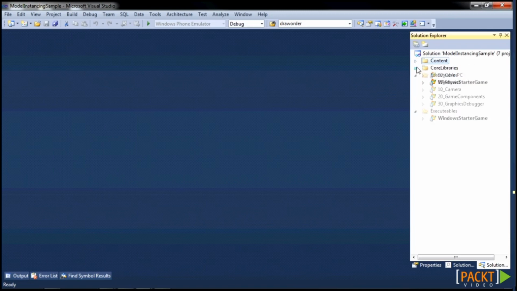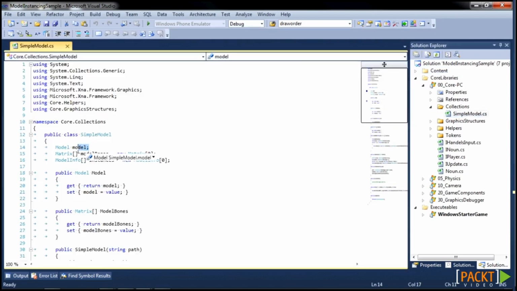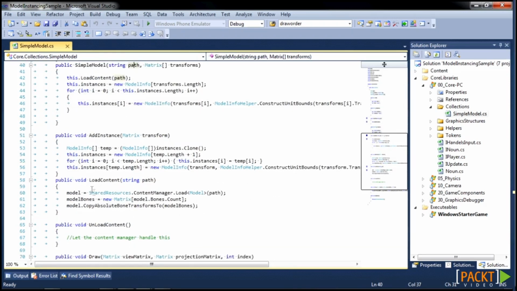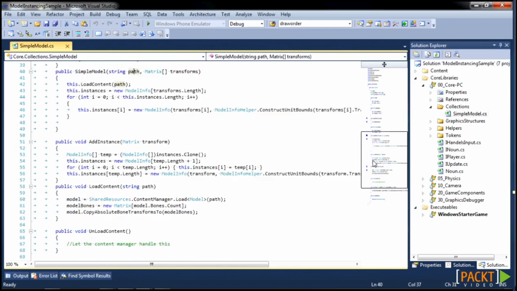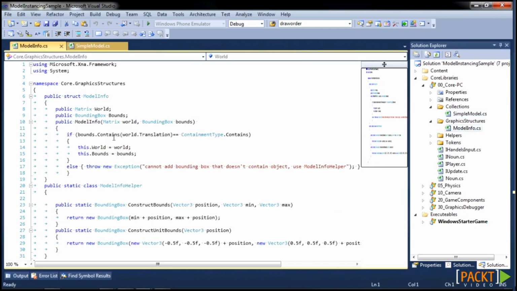Okay, so I've gone in and added a collection of simple models, and what this has is it has our model, our bones. It's got this array of instances. Note this isn't an instanced model, it's just a model that has a number of instances. Then you can load it by sending in a path and a number of transforms, and you can add instances. I don't have anything for removing instances because these are kind of assumed to be like trees and fences and things like that. Then we've got a draw here, and we've got this structure that we call our model info, and that's got the world matrix, which is a rotation, scaling, translation matrix, and the local bounds of this model,